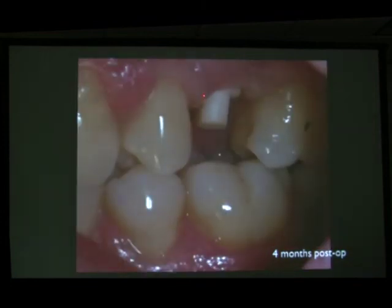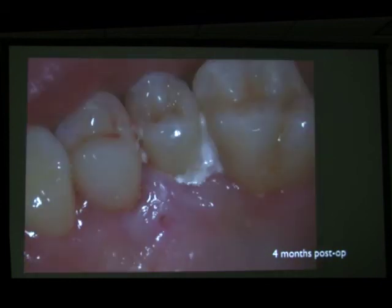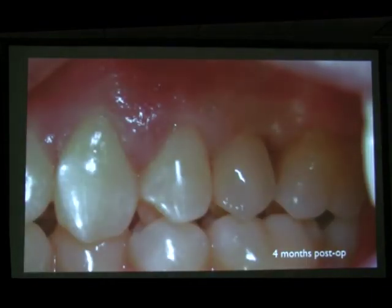4 months post-op, when we have a gum that is covering the margin, we sometimes use anesthesia so the coping can be completely seated to its final position. And it's extremely important to clean the excess cement well, so use superfloss and all the devices you have to go subgingivally and access any cement that might have stayed inside the gum. So, 4 months post-op and final